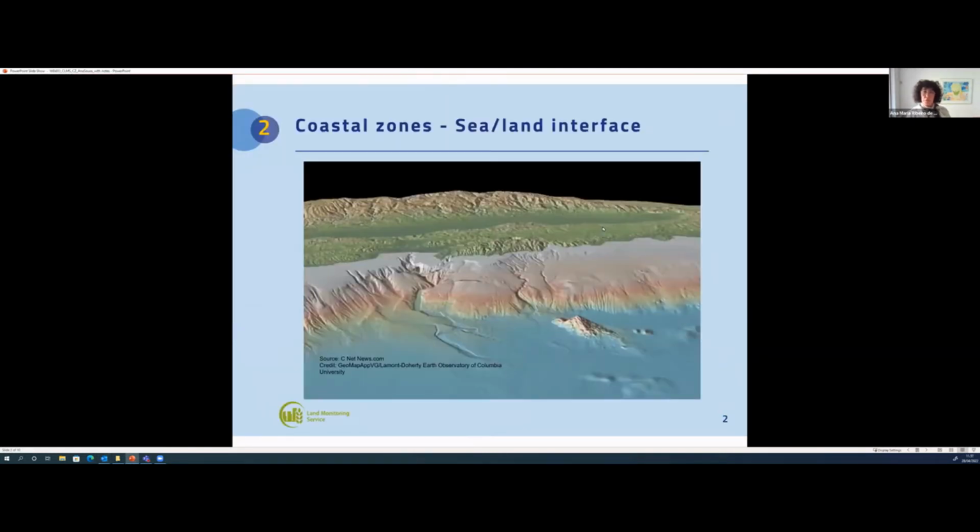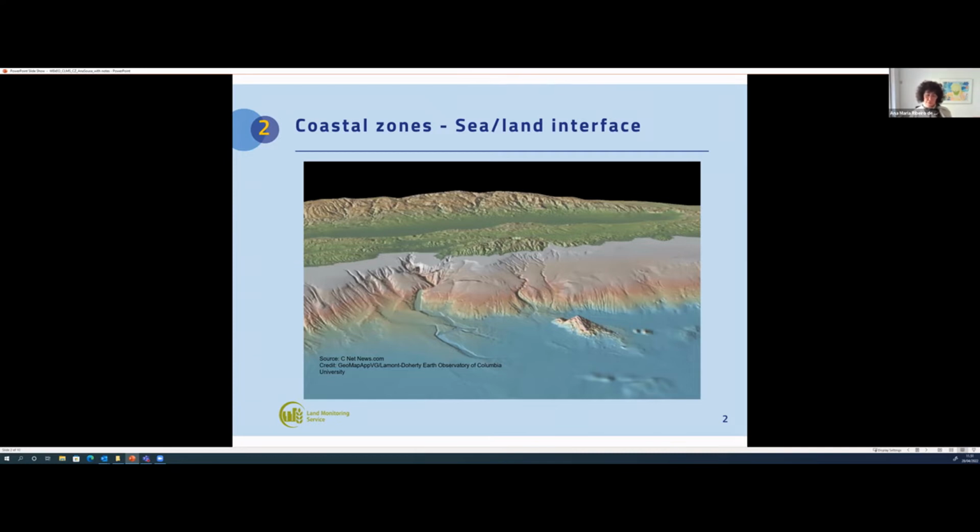So coastal zones, what are they? They sit at the interface between sea and land, and we can look at them as a sort of continuum. There's no really hard line that states where it starts, where it ends, but we know more or less where it is. When we are at the beach and we feel we are in the land part, we feel hot, and then we go into the sea. Europe's coastline is estimated to stretch almost 185,000 kilometers, but this was a number taken some years ago from the Corine Land Cover data set. I'm not sure if it's fully correct.